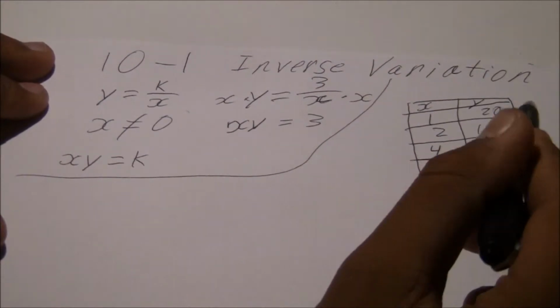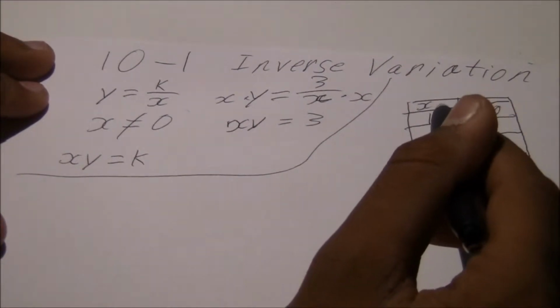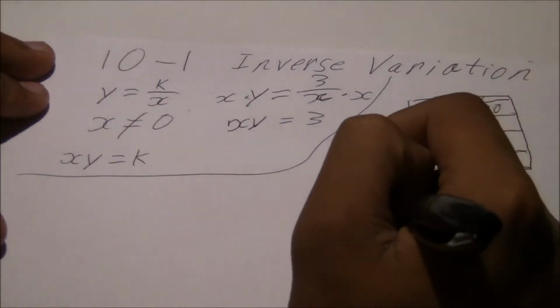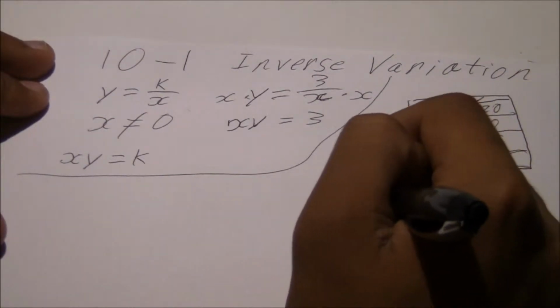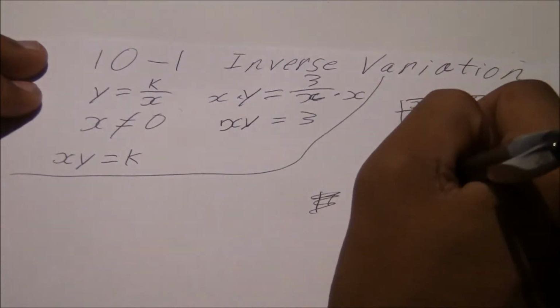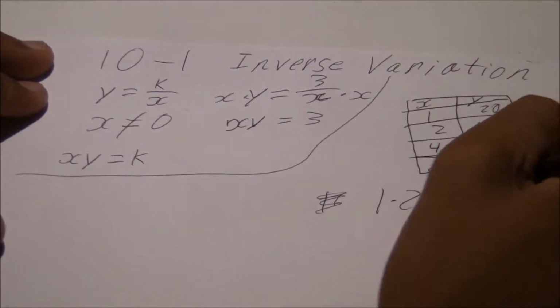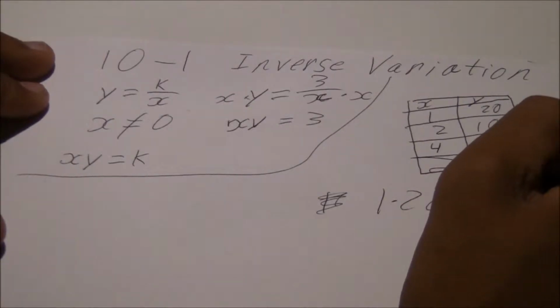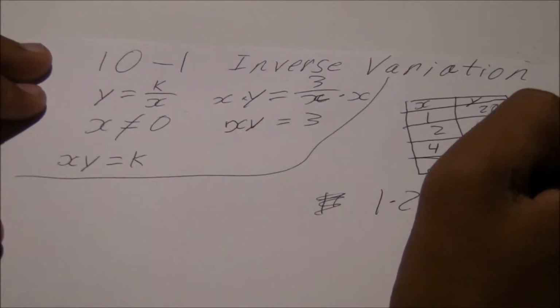So say what you want to do is find, if you multiply x by something, you should get 20. So 1 times 20 equals y. So you can also write that as